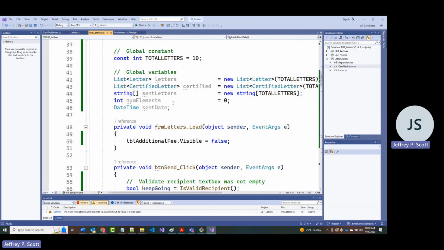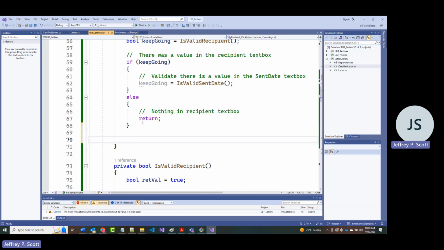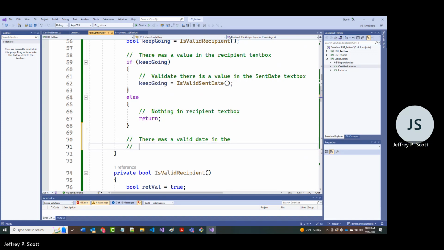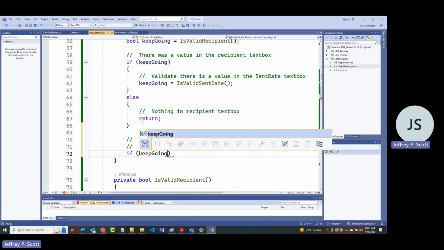Okay, so when we got down to here, there, if keep going equals this, otherwise this. So again, there was a valid date in the sent date text box. All right, so again, if keep going,